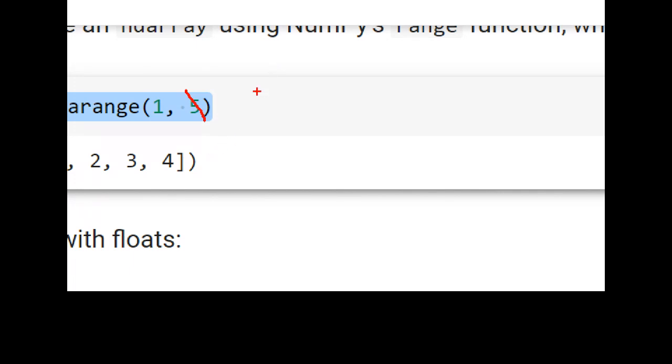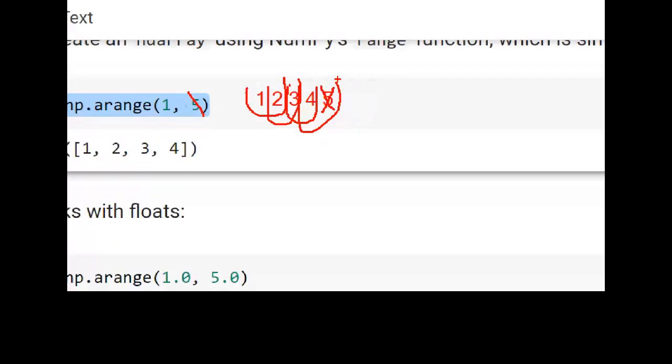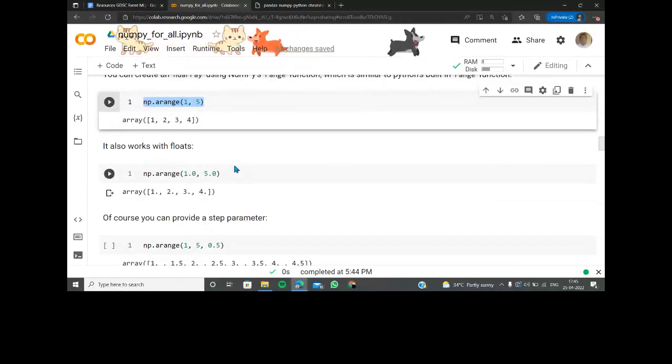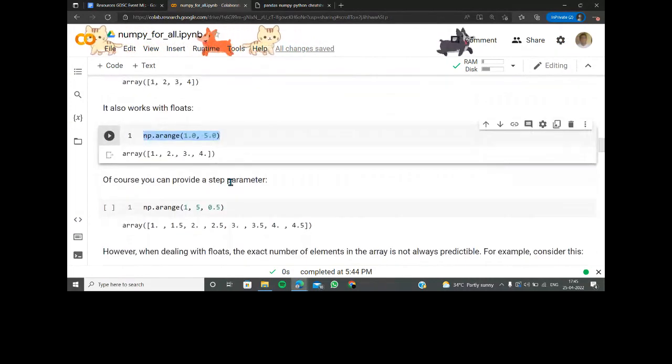So let's say here I've written 1, next to it is 2, 3, 4, and 5, right? But now everything here is one interval. So everything is getting considered out there, and it's now being taken care of. The pi is getting neglected right now, and that is how it works. So it also works with floats. Floats are working the same old way.